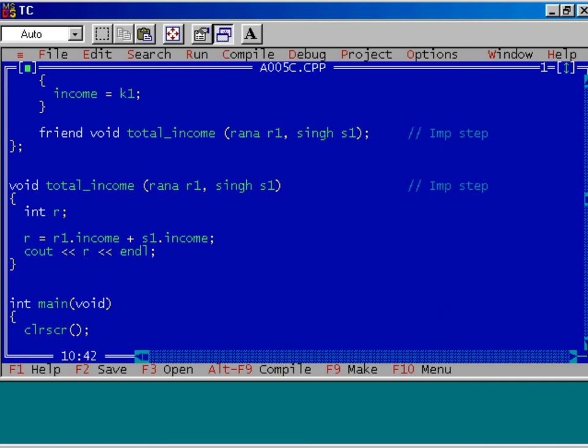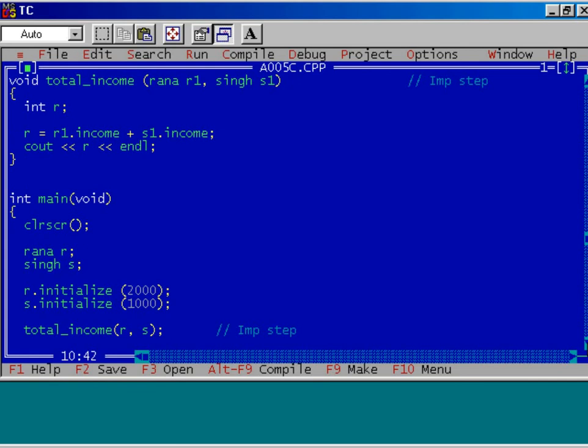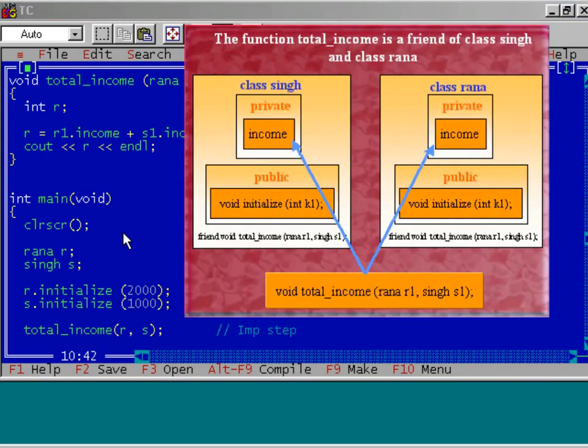Well, now see the function main. Before that, let us see the diagram. This rectangle shows the class Singh, in which there is only one data member, namely income, and one member function, that is initialize. This independent function or non-member function, namely total income, is a friend function of this class.